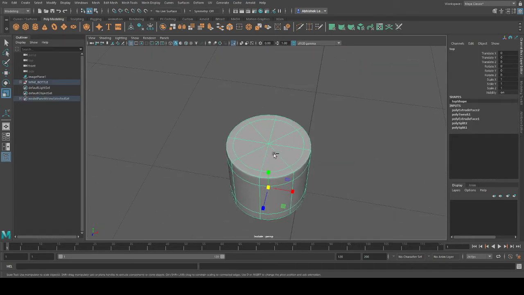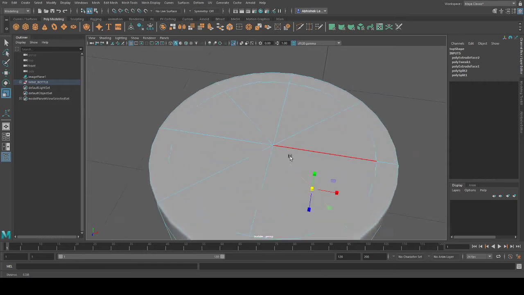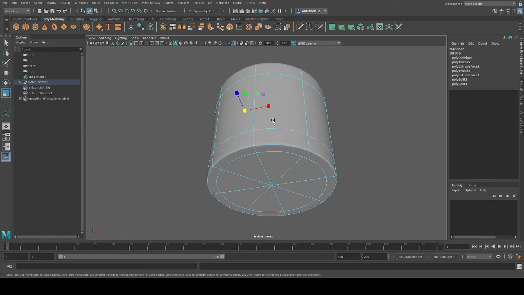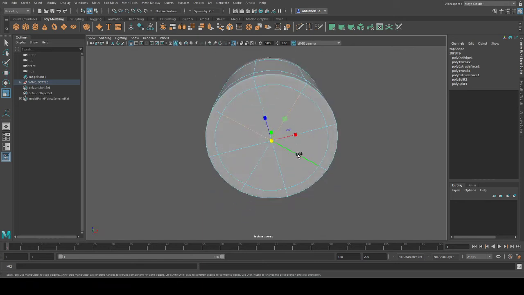Now the only thing you have to do is convert these triangles into square quads. So how do you convert these triangles? You've taken an 8-sided polygon, an octagon, right? So it is an even number, so you can select alternate edges. By selecting alternate edges and deleting them, what happens? It will convert this into quads. Same thing you have to do over here. 2 3 4, delete. All right.